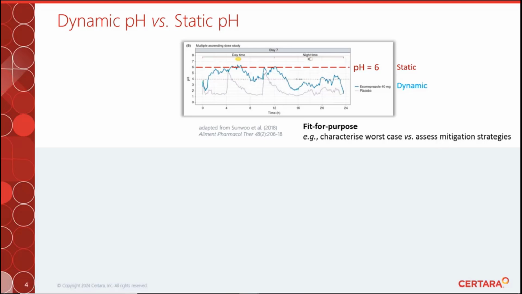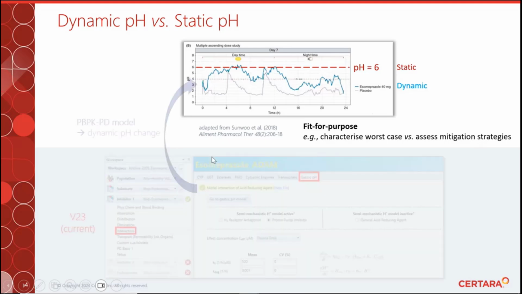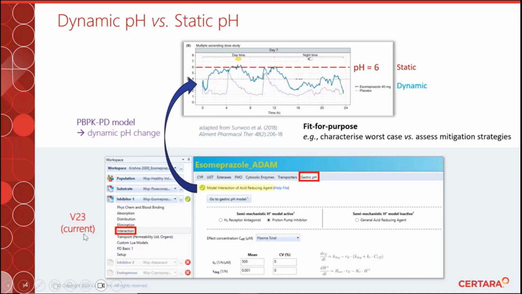For example, where you're trying to mitigate the presence of a DDI by performing staggered administration or using alternative formulations. In that case, dynamic pH modeling, where there's time dependency in gastric pH, can be much more useful to assess these mitigation strategies. So recognizing this, in version 23, which is the current version of Simcyp, we have introduced